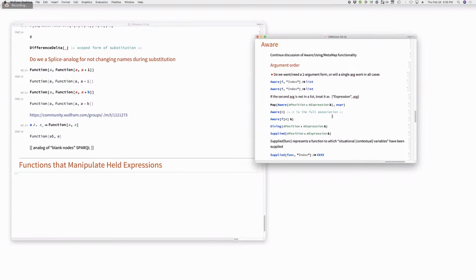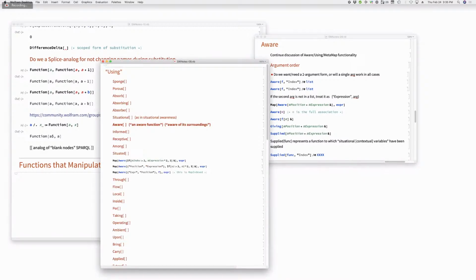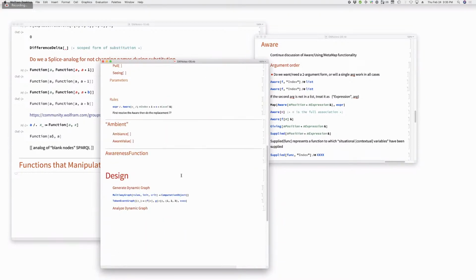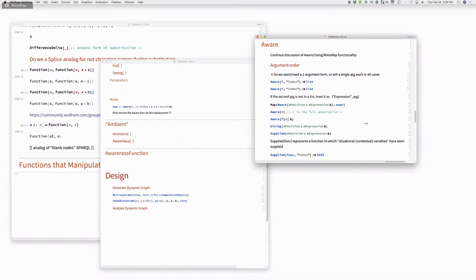We'd also been talking in this meeting about another topic that arguably should be in other meetings, which is this concept, and we don't have a great name for it yet, aware supply, this thing that can pull in ambient information when a function is applied in a particular environment.